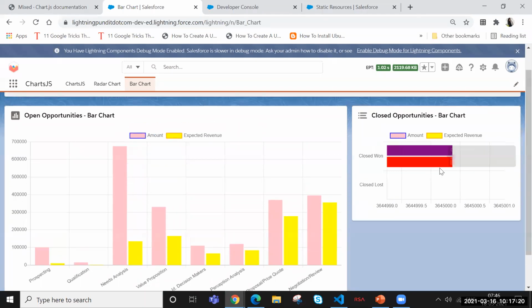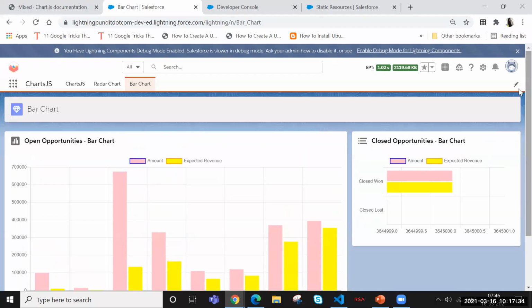When we remove expected revenue, we can view amount. Similarly, we have a horizontal bar, closed one and closed lost with respect to amount and expected revenue. So when we remove the amount, we can see the expected revenue and vice versa. Now coming to the